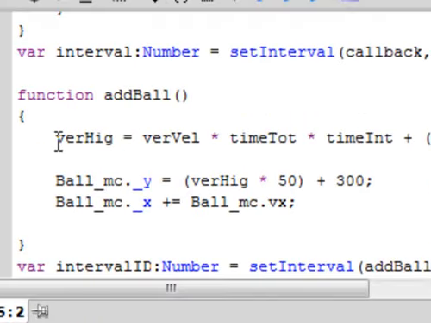So VER, capital HIG, that's one of our parameters, equals VER, capital VEL, that's another one of our parameters, asterisk, as in multiply, time taught, small t, capital T, there's another asterisk to multiply, time instantaneous, small t, capital I,